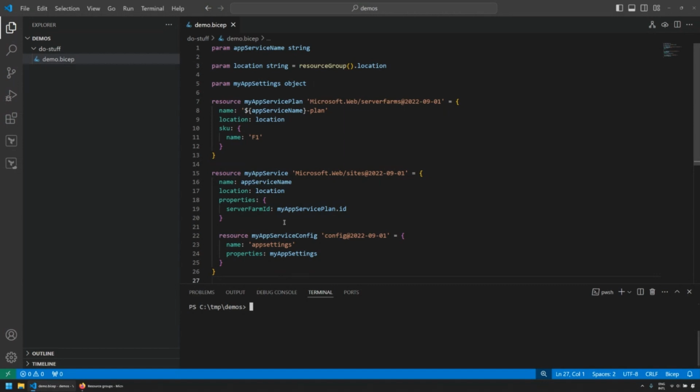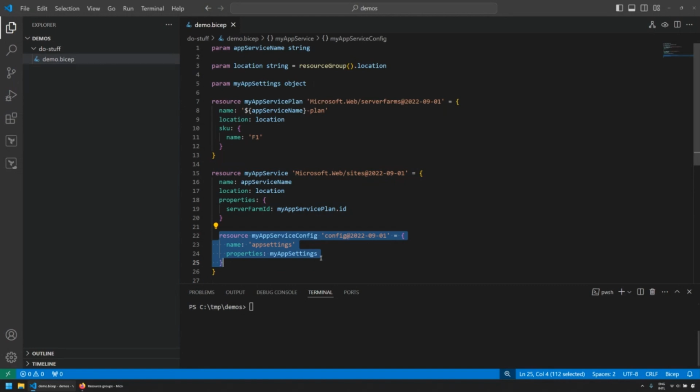So this is a Bicep file that creates an app service plan or server farm, depending on when you started using Azure. You might know one or both of these terms. It's basically the compute abstraction that you can use to host app services. And an app service is managed IIS. Bit cringe, but that's what it boils down to. And then finally, on that app service, I have also specified some configuration, which we're going to work with later.